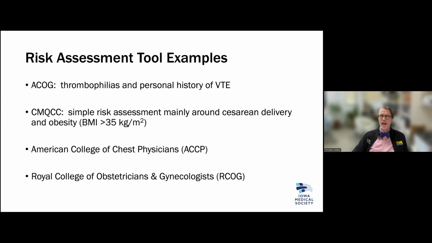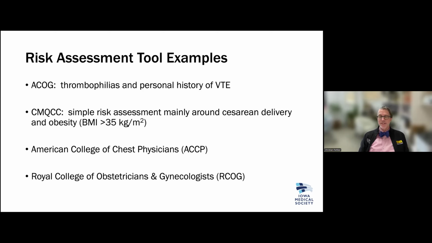There are 4 main risk assessment tool examples that we have, and these are the ones I'm going to focus on for the next few slides. They come from ACOG, CMQCC, the California Maternal Quality Care Collaborative, the American College of Chest Physicians, or ACCP, and then the Royal College of Obstetricians and Gynaecologists, which is the equivalent of ACOG in England. The tools